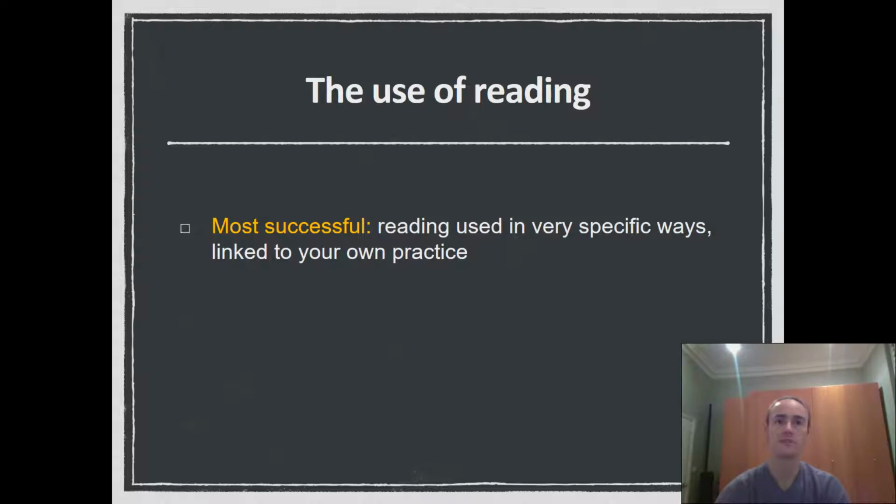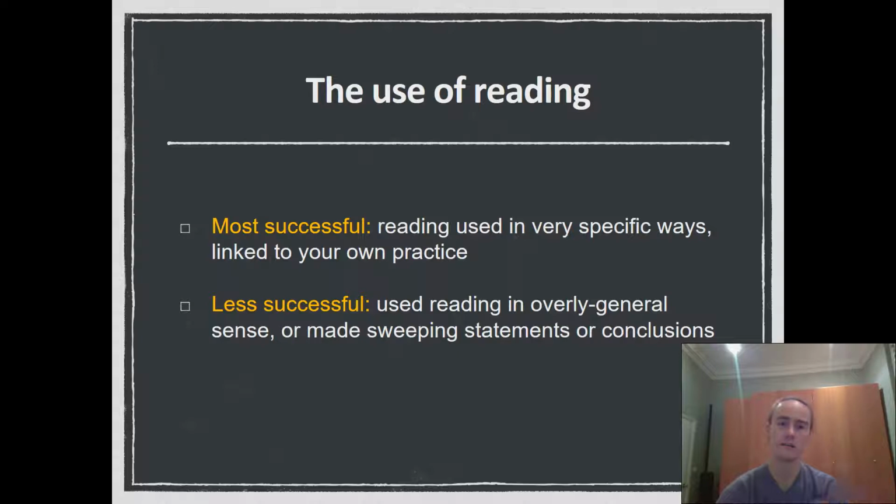So, it might have been Hattie says this particular thing about feedback. Okay, brilliant. Well, that means this to me as a result, and this is how I'm now using it in my practice. Some of the less successful essays were a bit overly general, a bit of "Hattie says," then leaving it, or making sweeping statements or conclusions. So, when using some of these ideas, I saw,